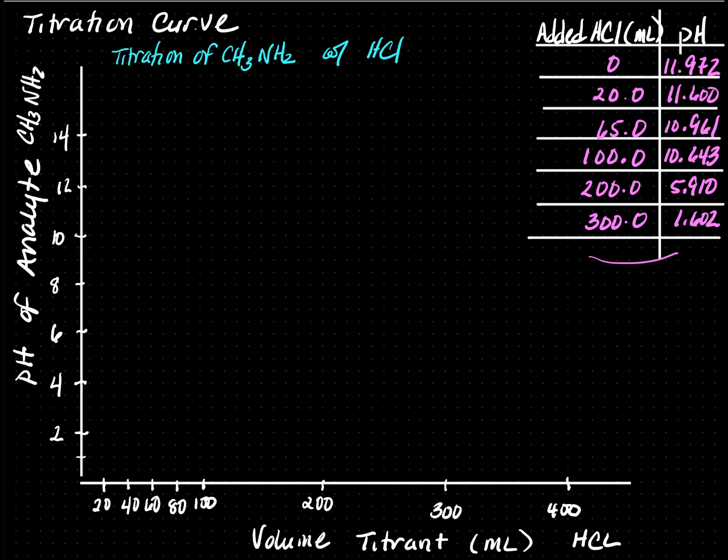So at 0, we know that the pH is 11.972. At 20 milliliters of HCl added, it was 11.60. When 65 mLs of HCl was added, our pH was 10.96. When 100 mLs of HCl was added, pH was 10.643. When 200 mLs of HCl was added, pH was 5.91. And when 300 mLs of HCl was added, pH was 1.62. So we're going to do a best fit curve. We know that when 100 mLs of HCl was added, this was